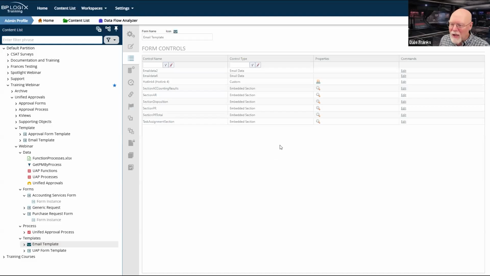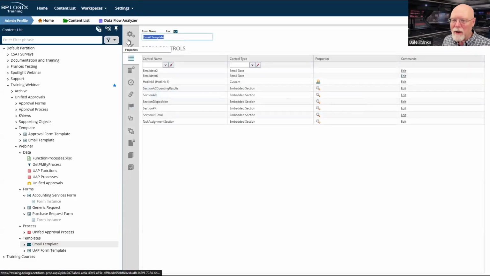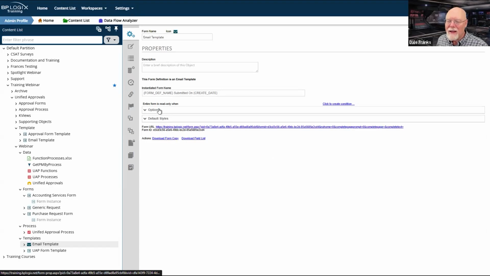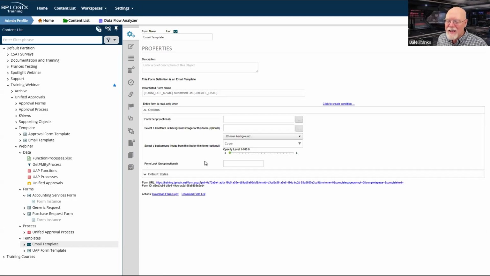We're going to update to be sure that I have my mutually exclusive conditions set properly there. See, in an email template, I don't have the ability to associate the form with a process timeline.